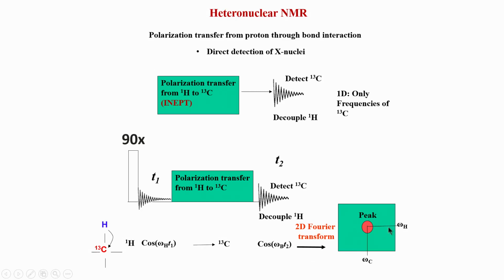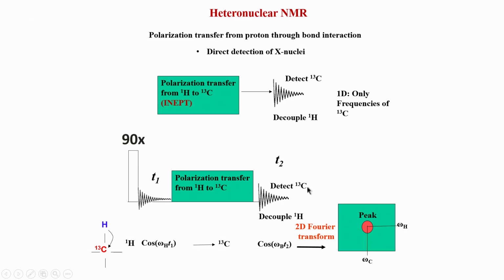So, this spectrum is giving us connectivity information between a proton and a carbon, and that is basically a heteronuclear correlation experiment. In short, this is called HETCOR. This is an experiment which used to be done routinely in the beginning of heteronuclear NMR, but as I said, there are many problems with detecting carbon directly. The sensitivity is not so great, although in recent years we have been improving this sensitivity.